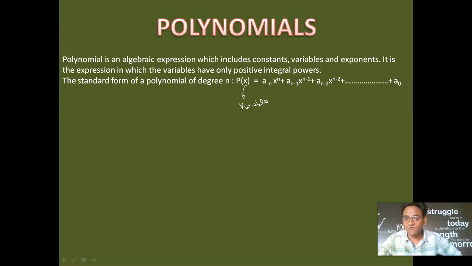Now students, in general form you can see here, this denotes one term, this denotes another term. Terms are separated by plus or minus sign. You can see the powers of variable, that means x. The powers of x, that is n minus 1, n minus 2, are in decreasing order. So whenever I write the polynomial in standard form, I try to write the powers of the variable in decreasing order. Students, clear? This an is the coefficient of the first term, that means x raised to the power n.